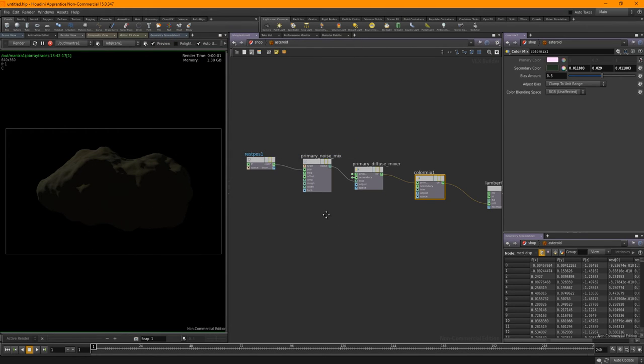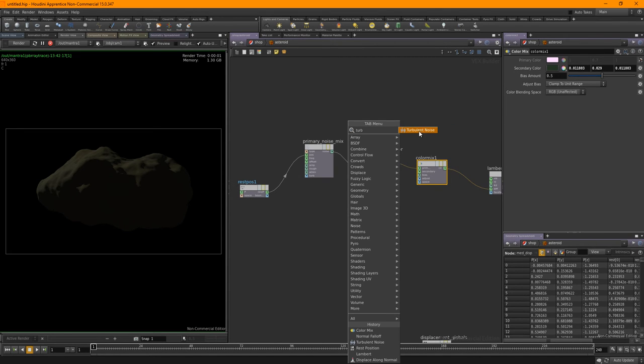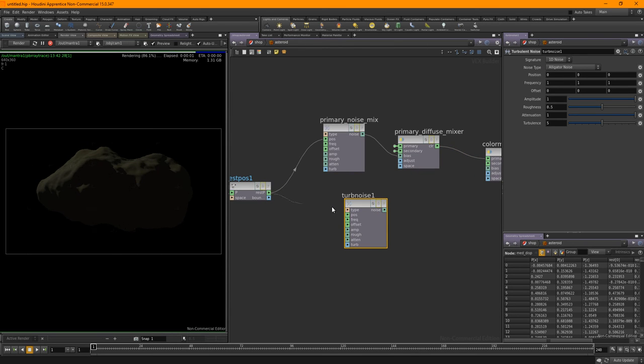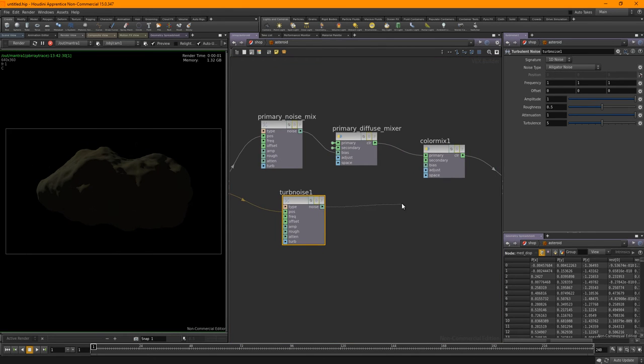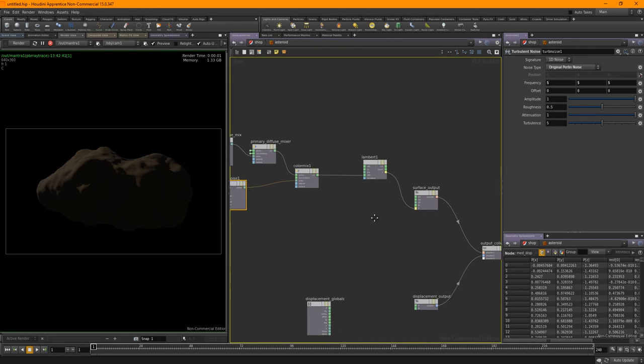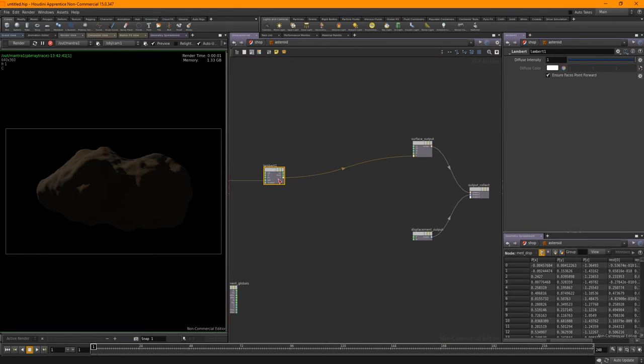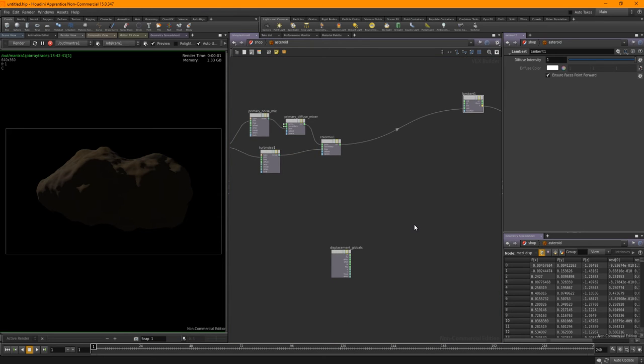So I'm going to get turbulent noise again, put a rest position into there, and this is going to be the bias for this. So as you can see, the colour's changed again, and let's give this something like 5 across the board. I can't really see a great deal in there at the minute, but subtleness is the way forward. I'm going to give us a bit of room here. So that's our Lambert. So before I go any further, I want to bring some displacements into this.